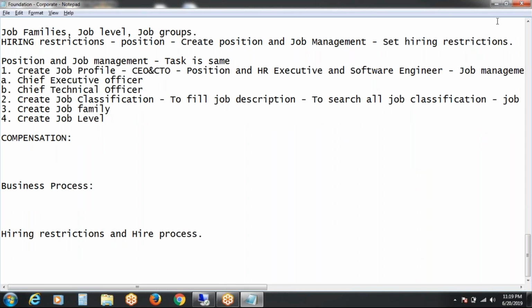So tomorrow we'll meet at the same time. I am going to log off about 10 minutes early, due to another important call that I have by 11:40. So that is the reason. That's it for today. Tomorrow we'll meet at the same time to discuss further topics mentioned in the notepad.